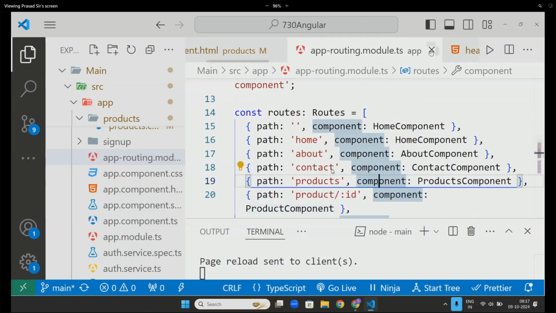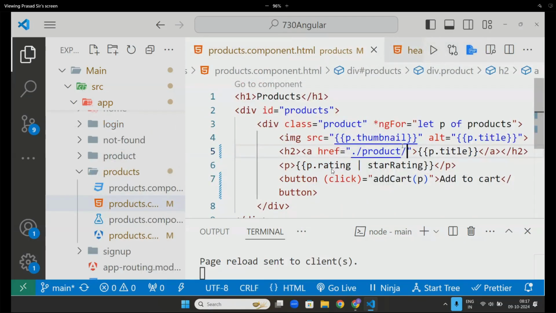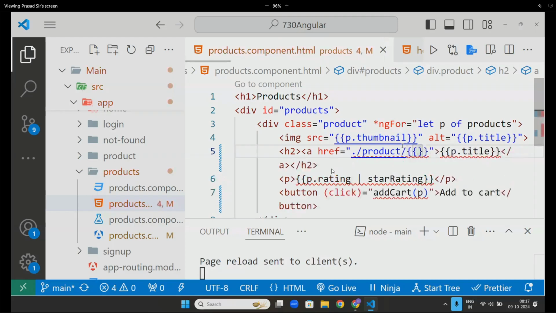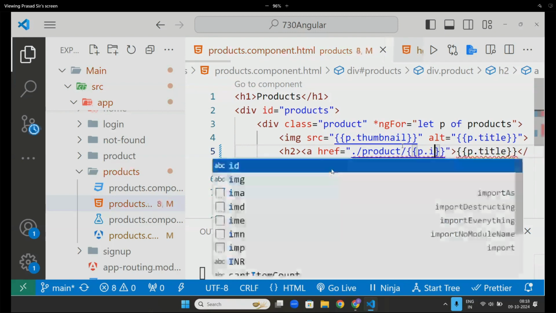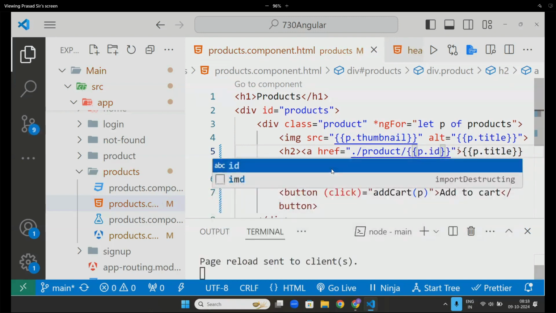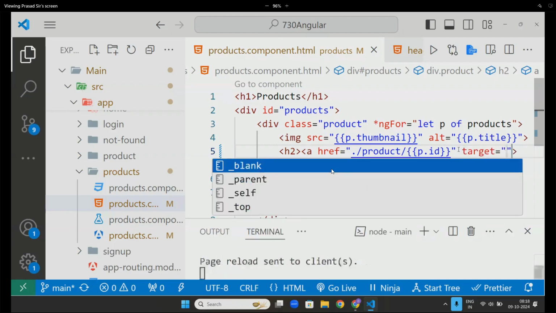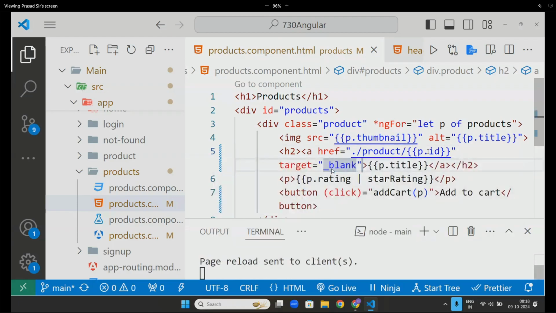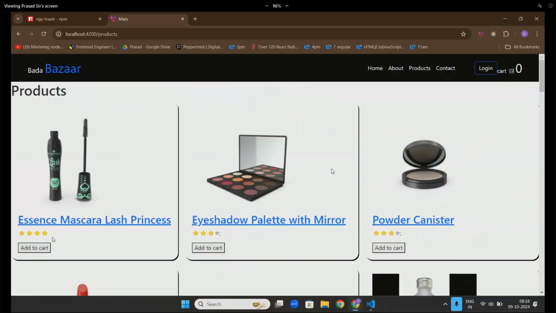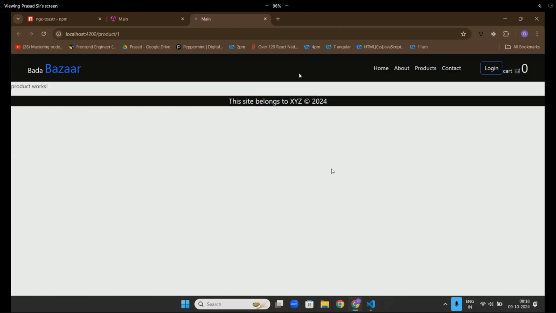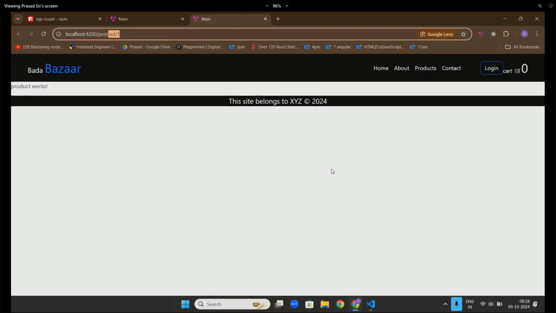So I will go here, slash, and write p dot id. Now I will put target equals blank so that it opens in a new page. So what is this p dot id? Product id. So what will happen, sir? If you click on this, it will open a new page. Can you see product slash 1 is coming?